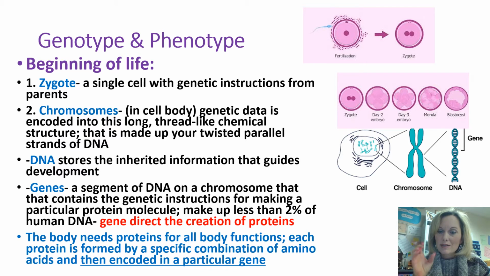So we start out as a zygote, that little cell. We get that fertilization, as you see at the top there, and then fertilization happens, and we have a zygote, and then rapid cell division is going to happen, right? And then we're eventually going to get into having an embryo.